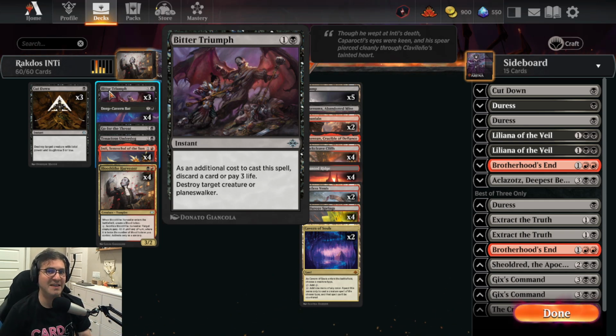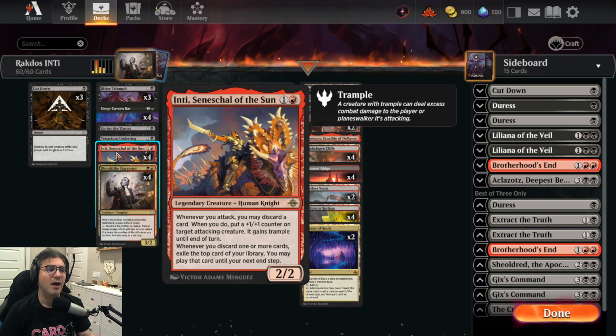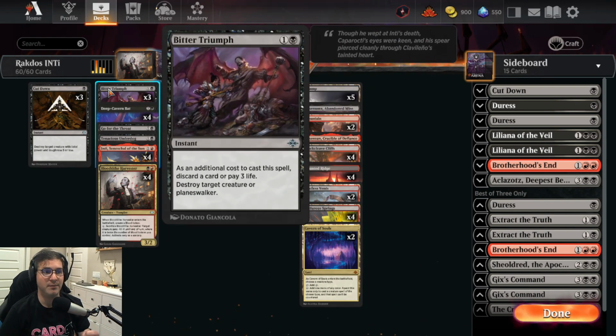So we kind of need that to deal with things like the Wandering Emperor. It also lets us discard cards, which triggers Inti, so that's very powerful. I was thinking about putting a couple of copies of Long Goodbye in this list instead of some Bitter Triumphs